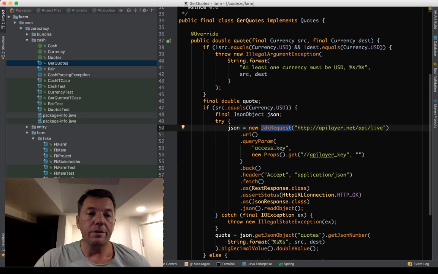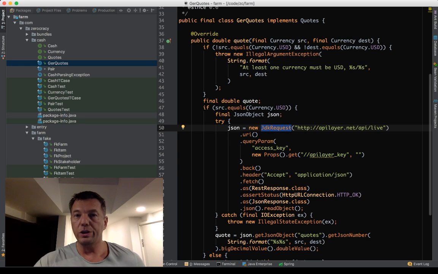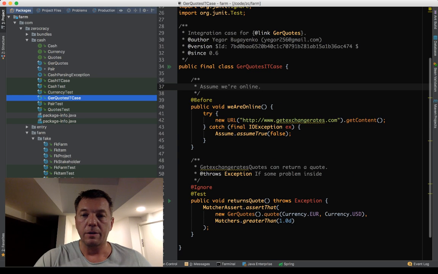Actually, I tried, but as you can see, I only managed to create an integration test. The difference between the unit test and the integration test is quite small, and very often it's difficult to say which one is which. But in this case, it's definitely an integration test. An integration test is a unit test which does not break all the dependencies, but still leaves many of them there and relies on their existence during the testing. So here's the integration test.